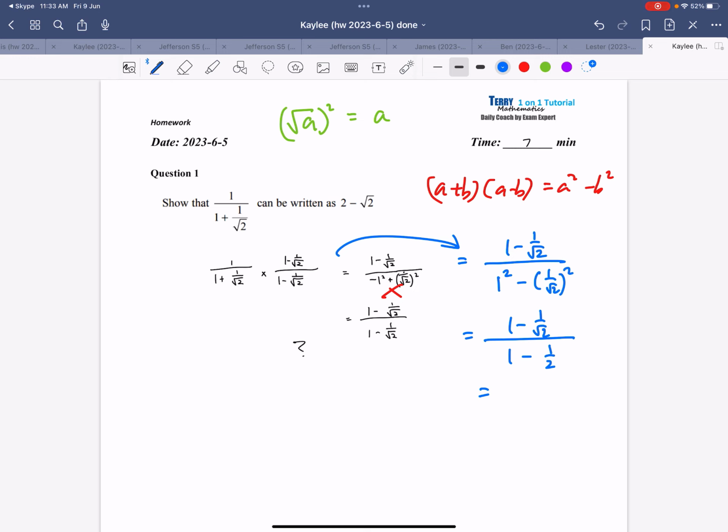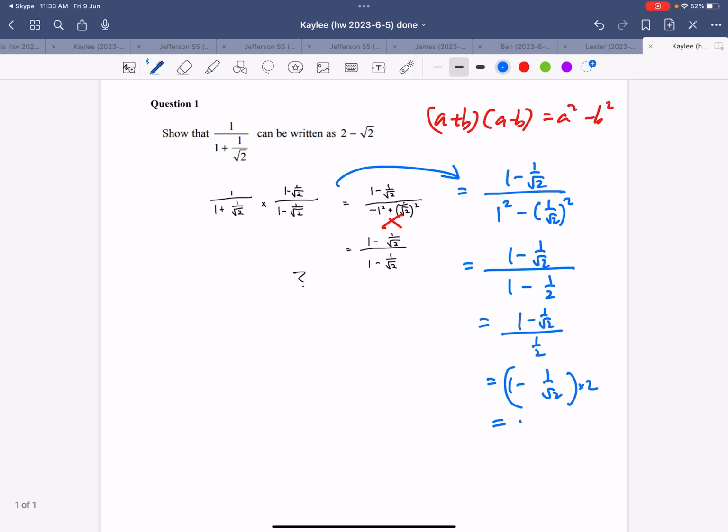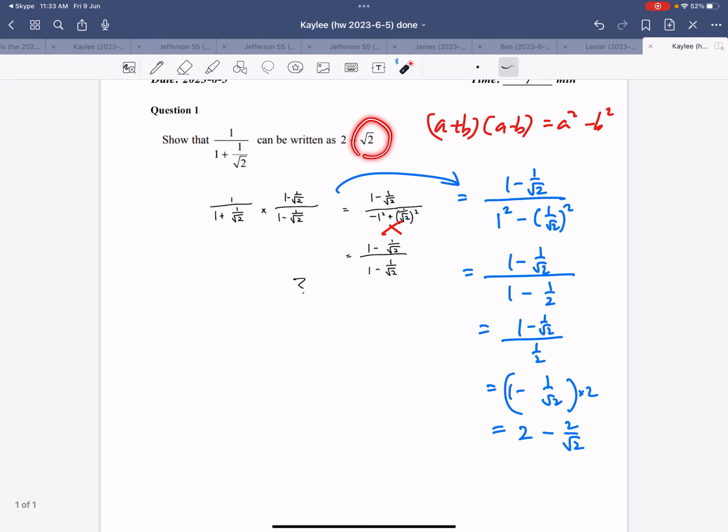Okay, and then the next step, the denominator 1 minus 1 over 2 is a half, and then we write it in this form, because dividing by a fraction means multiplying by its reciprocal, which equals 2 minus 2 over root 2. Okay, but we see the first number is correct, but the second one is incorrect, so we need to do another method,